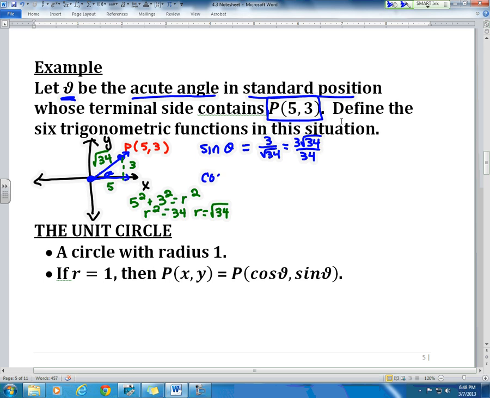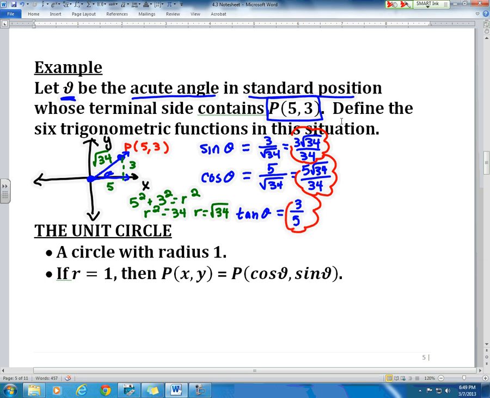The cosine of theta will be the x coordinate, 5 over radical 34 over that r value, which will be rationalized 5 radical 34 over 34. And tangent of theta is y over x, or 3 over 5. So there are the first 3 base trig functions, the ones that we developed from SOHCAHTOA first. Now in order to get the other 3,